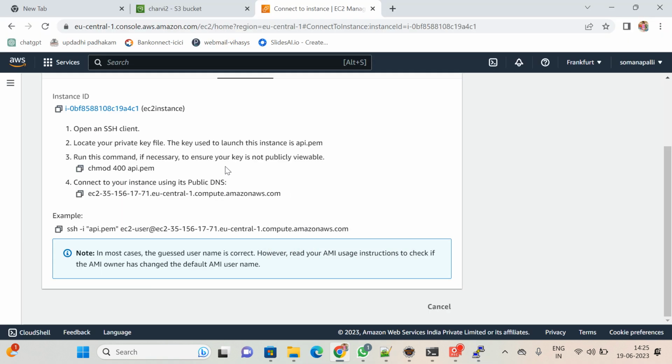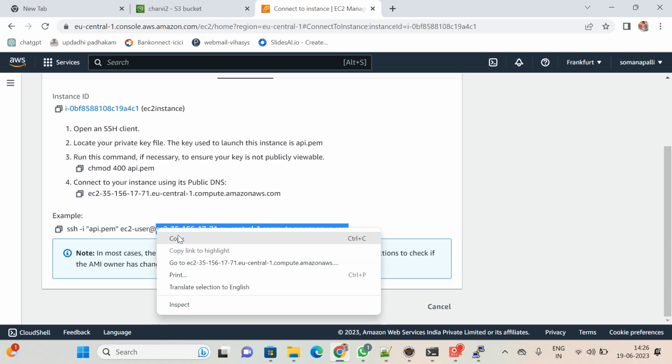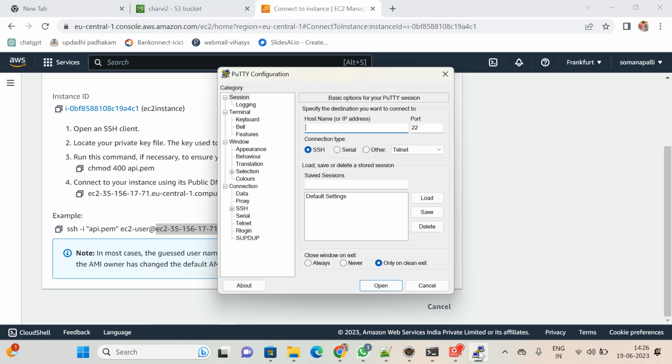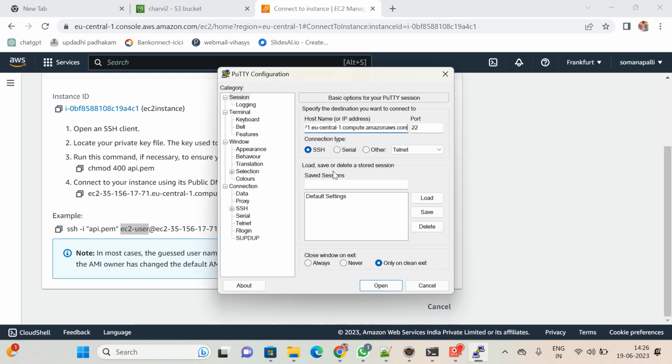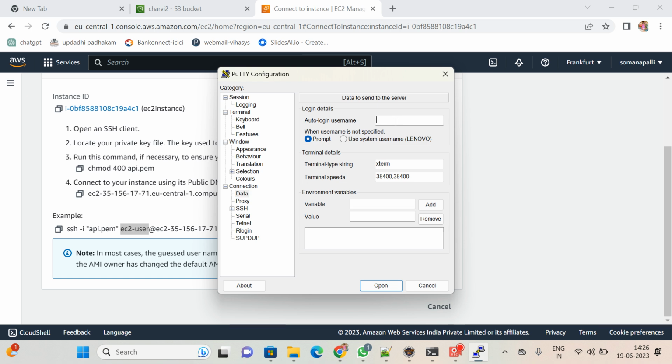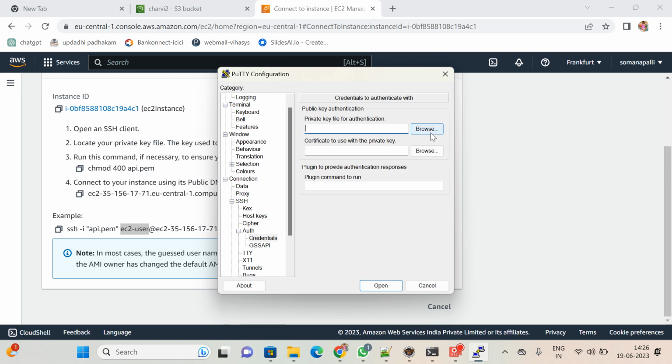So as I mentioned, this is the host name. Let me copy this, come back to here, and the host name I am providing. This is the username: ec2-user is the username itself, before the @. So come back to here and go to the data, and give the auto login username as ec2-user, under SSH, under auth credentials, and here click on this browse,